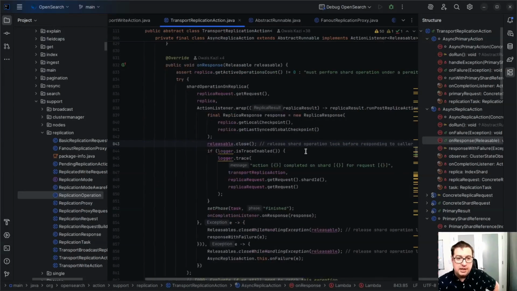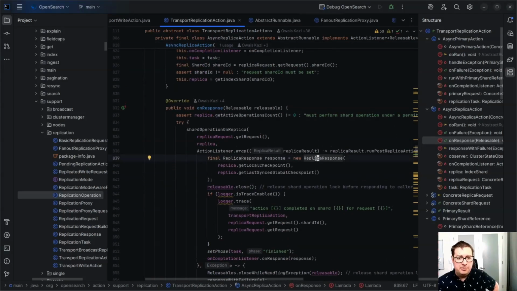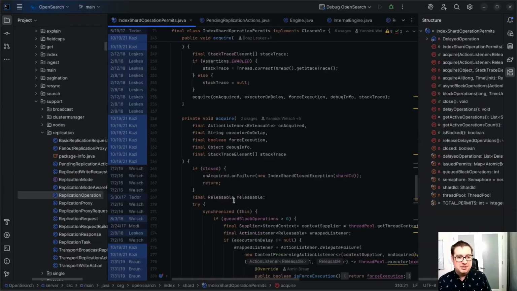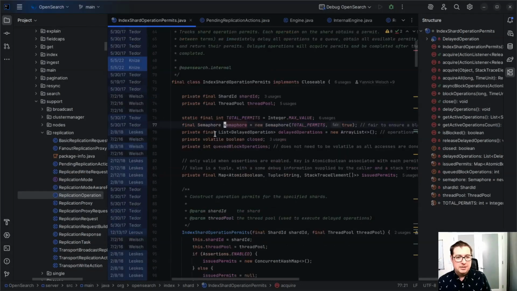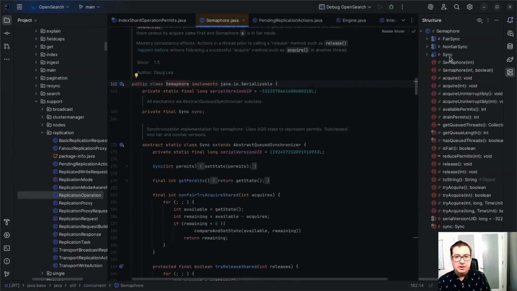Yeah, maybe I'm misunderstanding the behavior of the semaphore. Sorry, how do you spell semaphore? We were in index shard operation permits, where we've got the acquire, the semaphore, which is of type java.util.Semaphore,